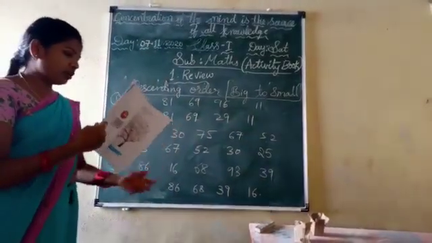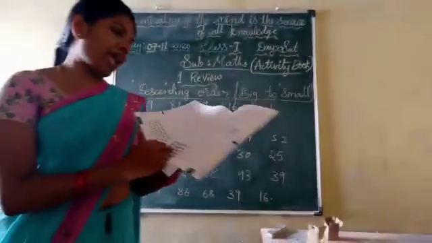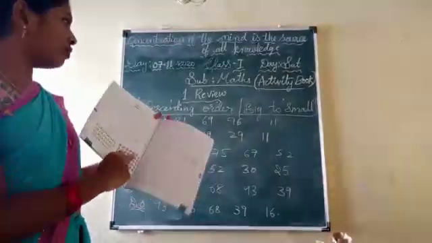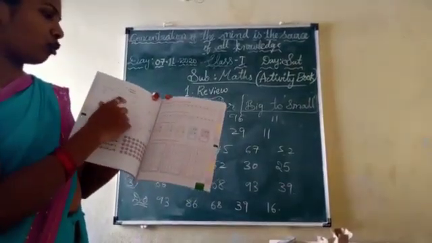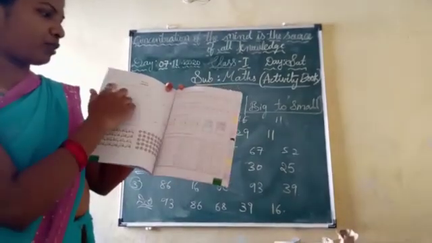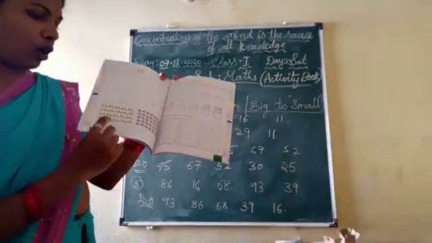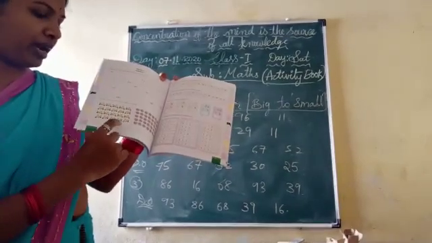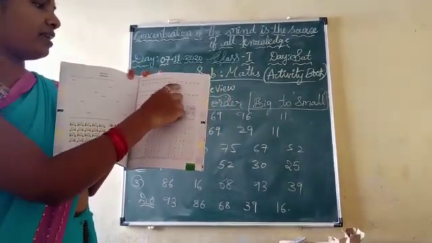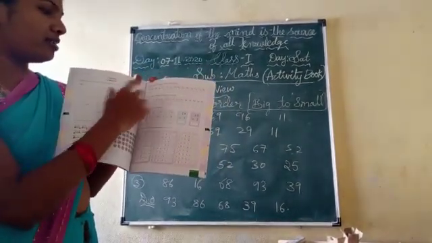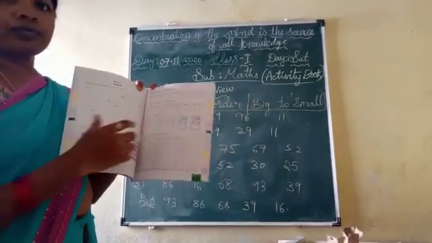Okay children, today this is our class in the activity book. Write this in your activity books. This is your homework. Write these missing numbers from 901 to 1000, count these pictures and write the number and number name, and write the numbers in ascending and descending order. This is your homework also. Okay children.